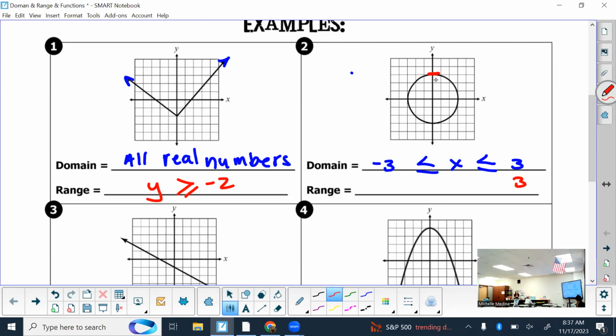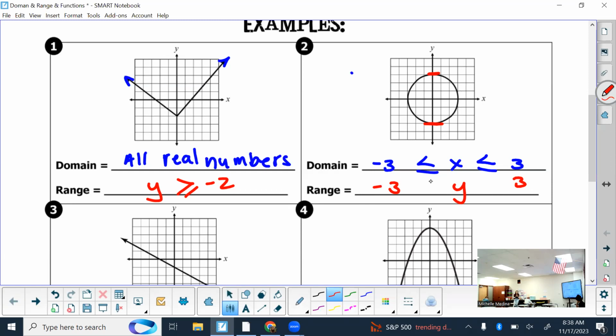Does it look like it goes infinitely down? Where does it look like it stops at? And just out of habit, I usually will put the smaller number on the left, bigger one on the right. What letter should I use? Y, because we're talking about range. All right, so range is all the y's. So we're telling you on this graph, the y's are gonna be,